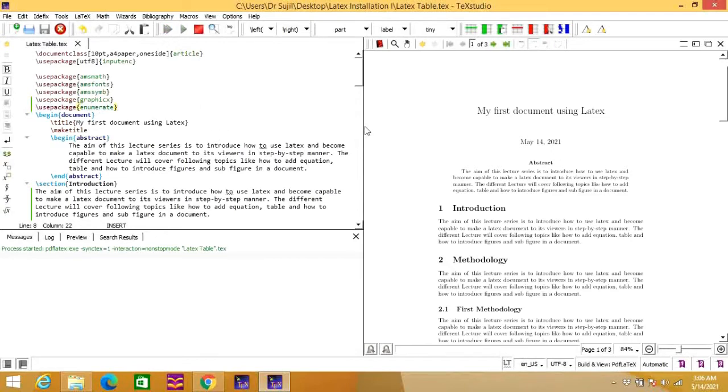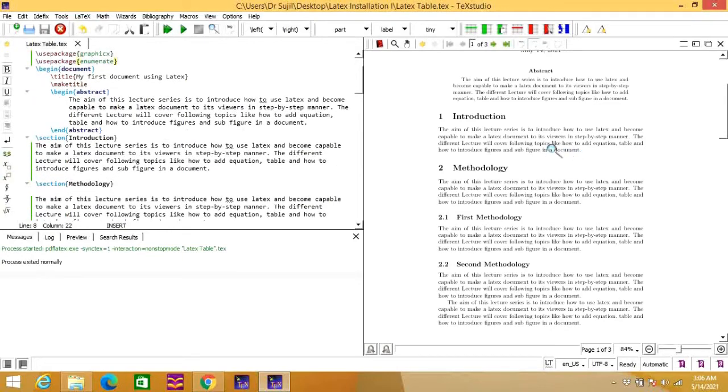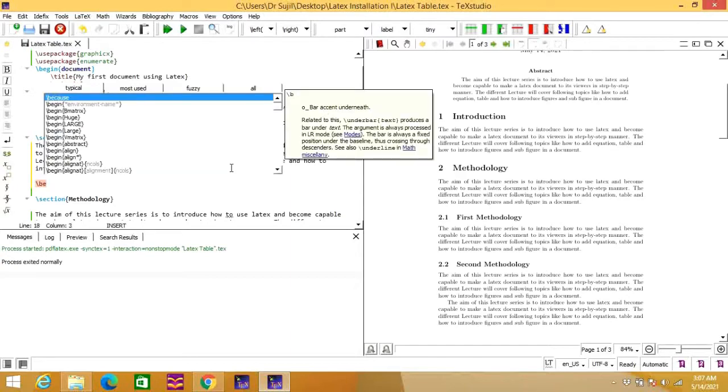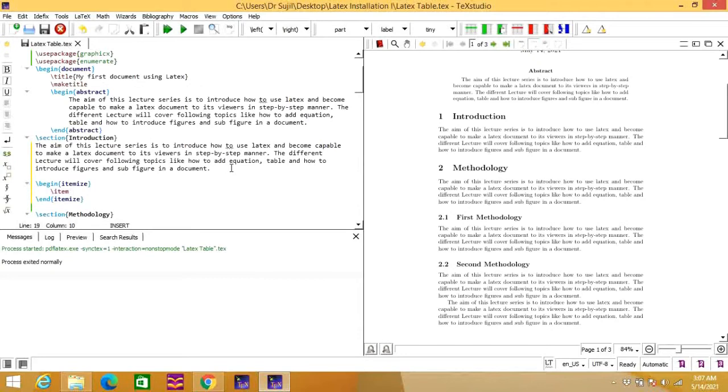So let us say now we need to introduce some bullets after this paragraph. After this introduction we are going to introduce some bullets. For introducing bullets you need to write a command which is \begin{itemize}.